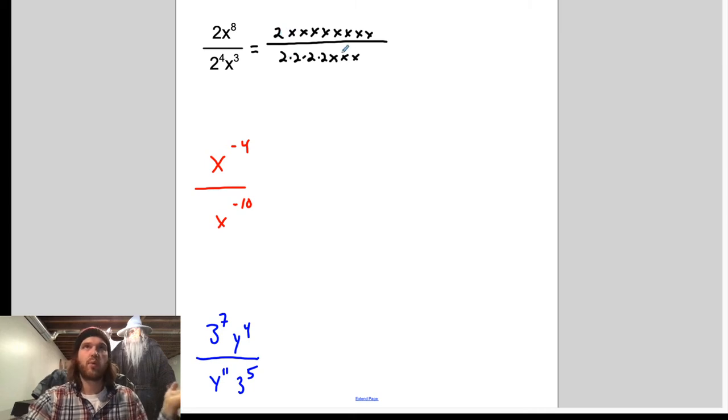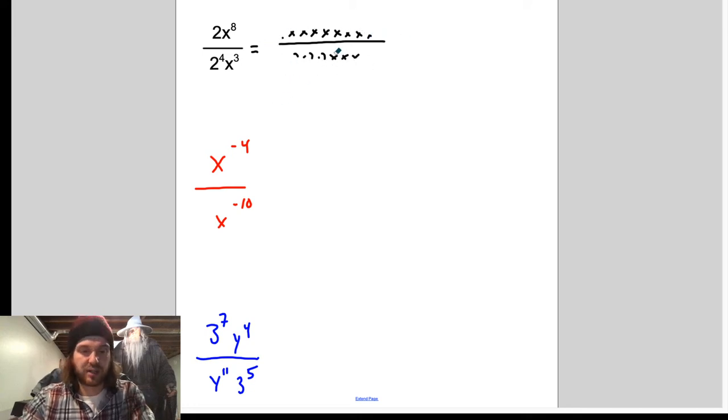2 in the top, 4 2's in the bottom. 1 pair of 2's is going to get canceled. We're going to have 3 left in the bottom. 8 x's in the top, 3 in the bottom. 3 are going to cancel in the top. We'll have 5 left in the top. So let's go ahead now and let's use this rule number 6. Let's use this to,